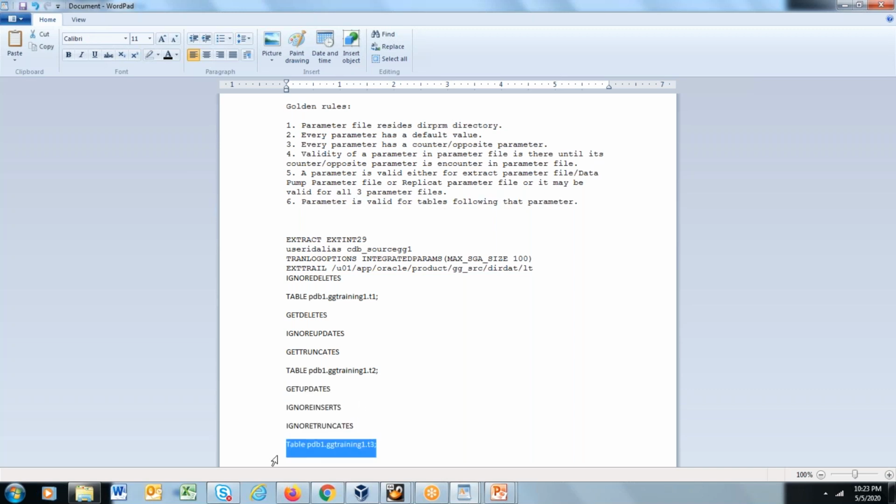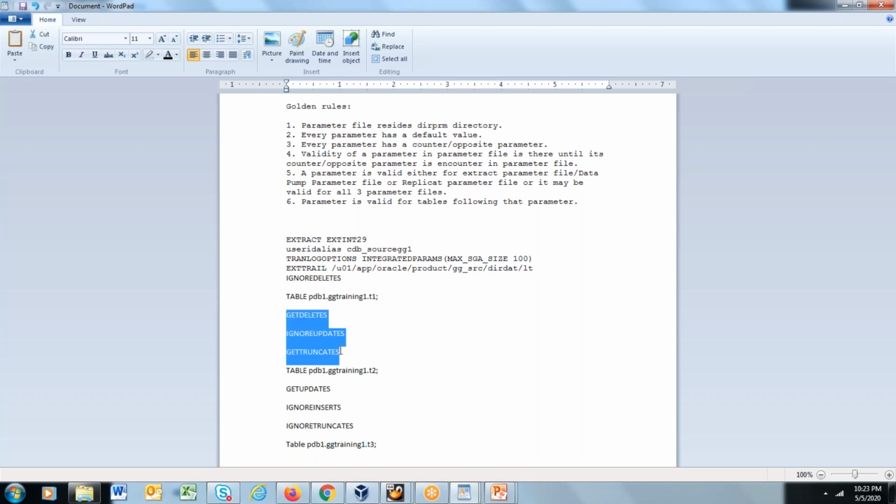As a result, these parameters cannot be valid for either T2 or T1. However, the ignore deletes parameter or any default parameter until now is eligible to be valid for T1, T2 and T3. This depends on the fourth point: validity of a parameter in the parameter file lasts until its counter or opposite parameter is encountered.